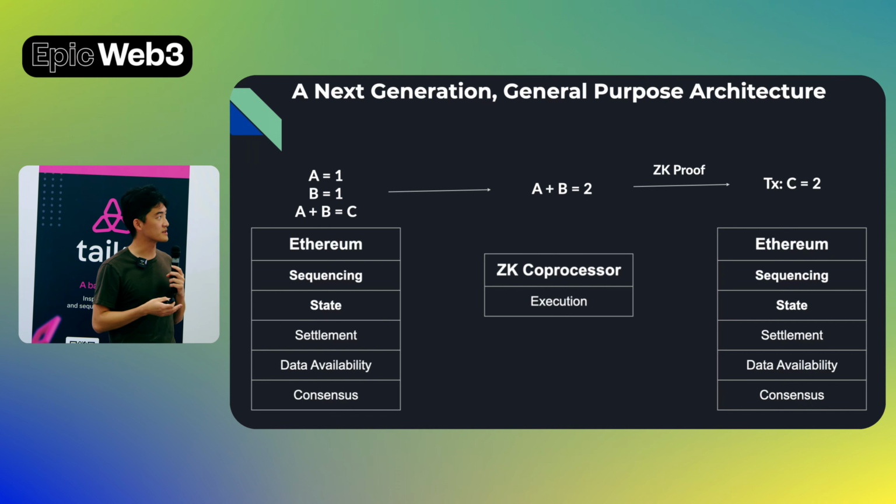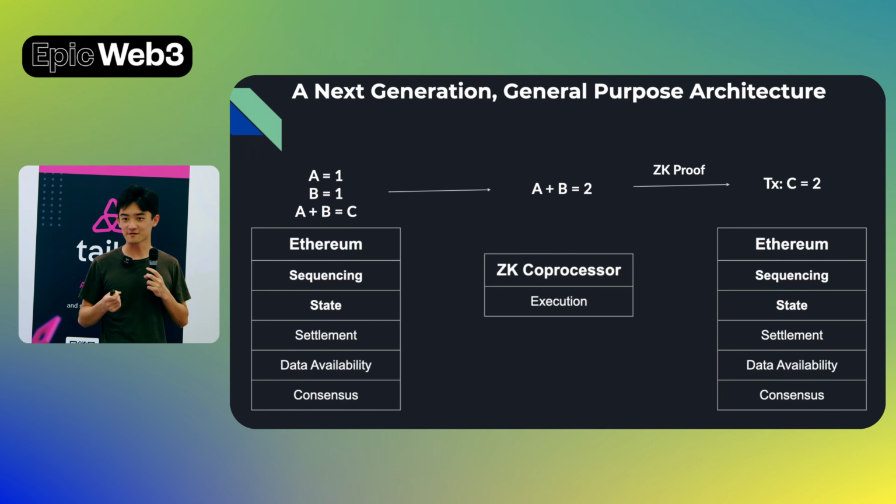What this practically means is any sort of DeFi app can take advantage of layer 1 liquidity without any sort of bridging, but also utilize ZK scaling to reduce their gas costs. And we're actually working with a few order books in this case to use this architecture, as order books traditionally can't run on Ethereum because of gas.